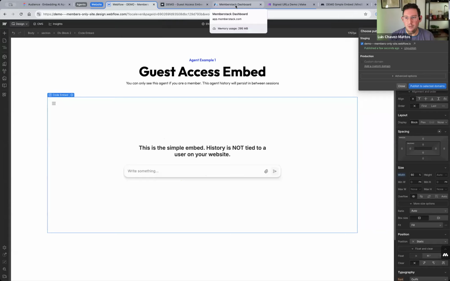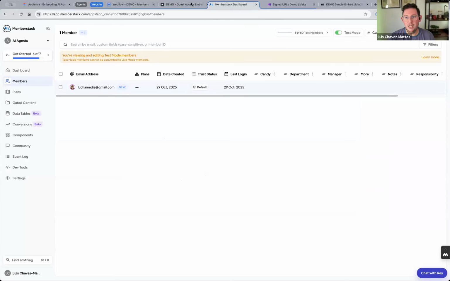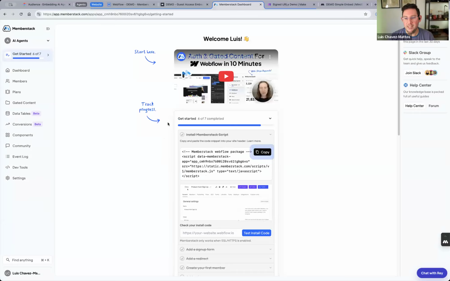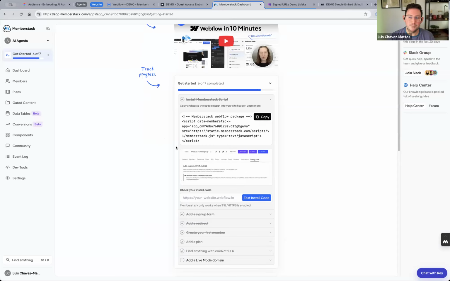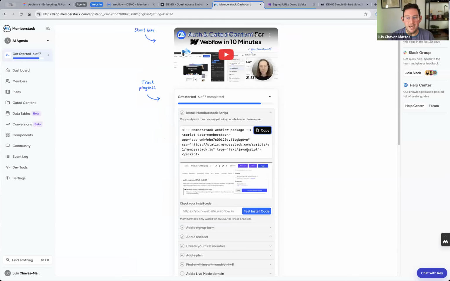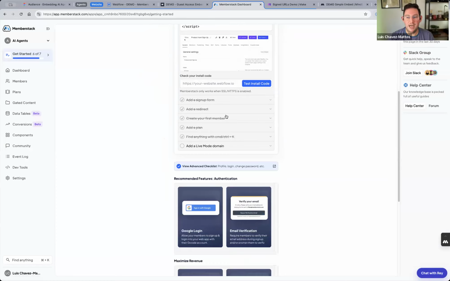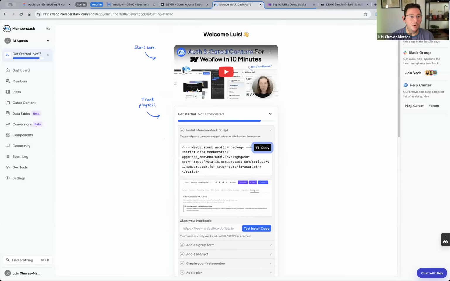There is this platform called Memberstack, and on Memberstack, you sign up for an account. I think they have a trial version of it, so that's what I'm using. They have a pretty easy step-by-step process, but you essentially copy this code into your Webflow website, and there's a nice video on how to do it. You then make sure that your website has a sign up form. They have a bunch of components. I'm not going to dive deep into this, but what I am going to show you is how this works